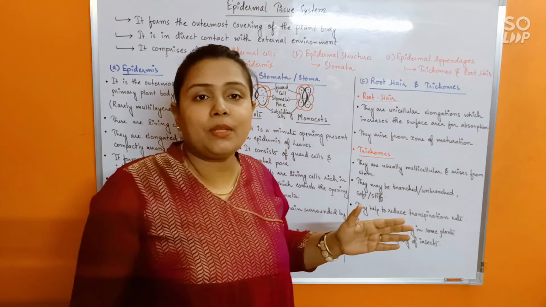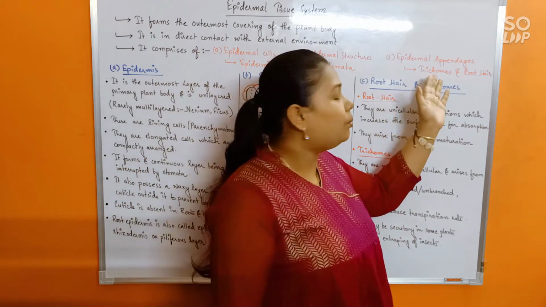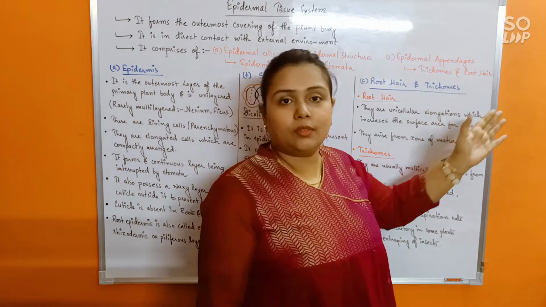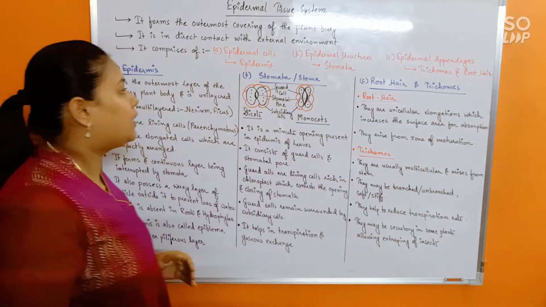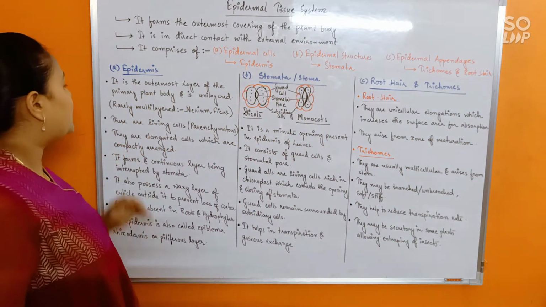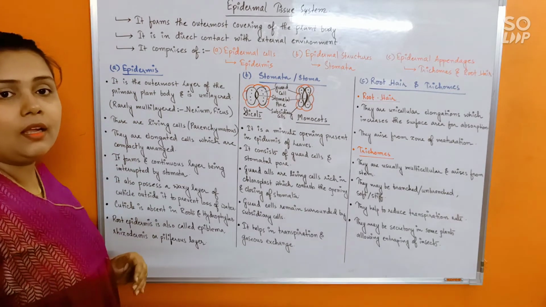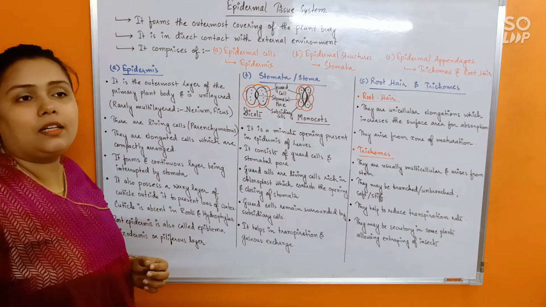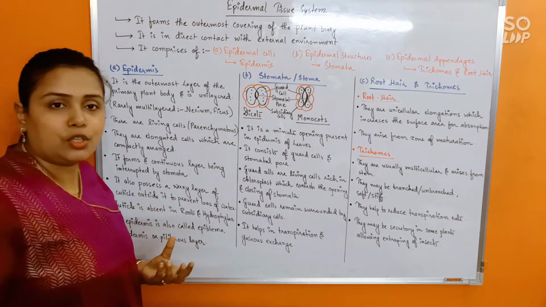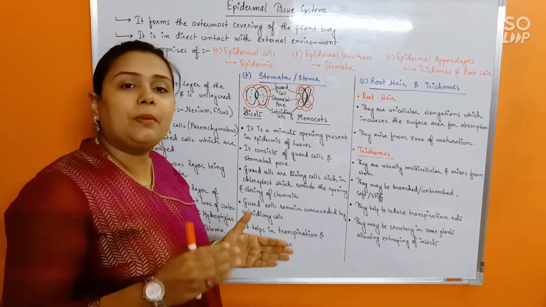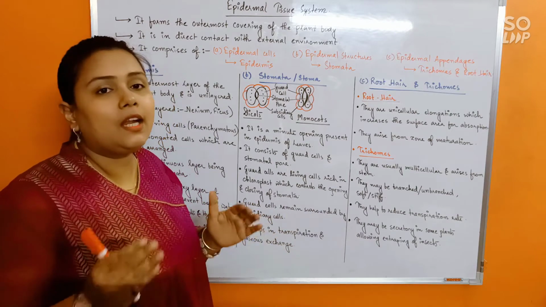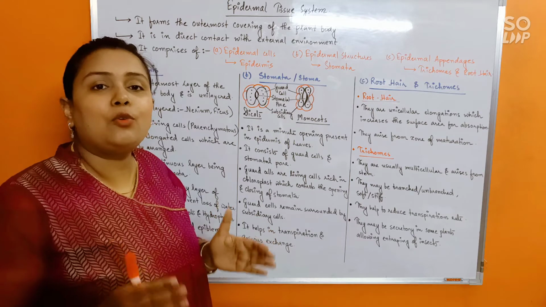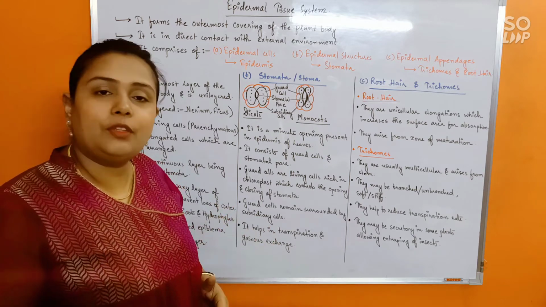If it arises from the stem, we call it the trichome, and if it arises from the root, we call it the root hair. Okay, so now let's see what they are in details. First, epidermis. So epidermis is a unilayered cellular structure made up of epidermal cells. It is a single layer made up of epidermal cells and it will form the outermost skin or covering of the plant body.